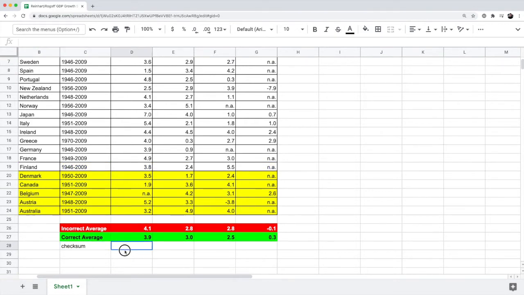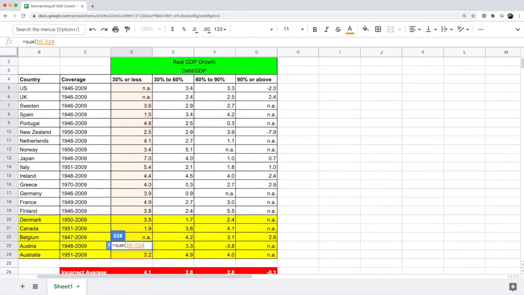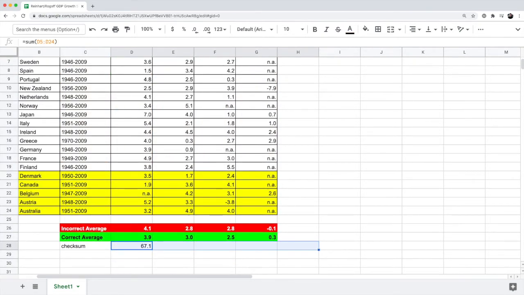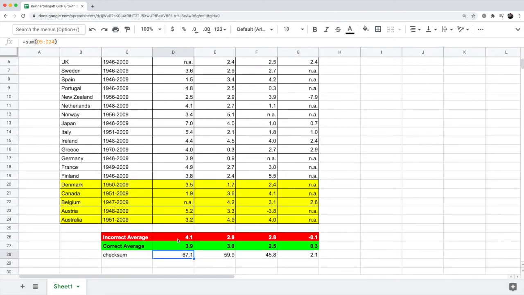So what I'm going to do here is I'm going to do equals sum, and then sum these numbers up here, and then drag this formula to the right. So these numbers just contain all the sums of all my numbers. So you might say, well, how can I verify that this formula correctly references all the correct cells? There really is no way to ensure that you've done this correctly also. But hopefully by doing this twice, these two rows right here, rows 26 and 27, your incorrect and correct averages,